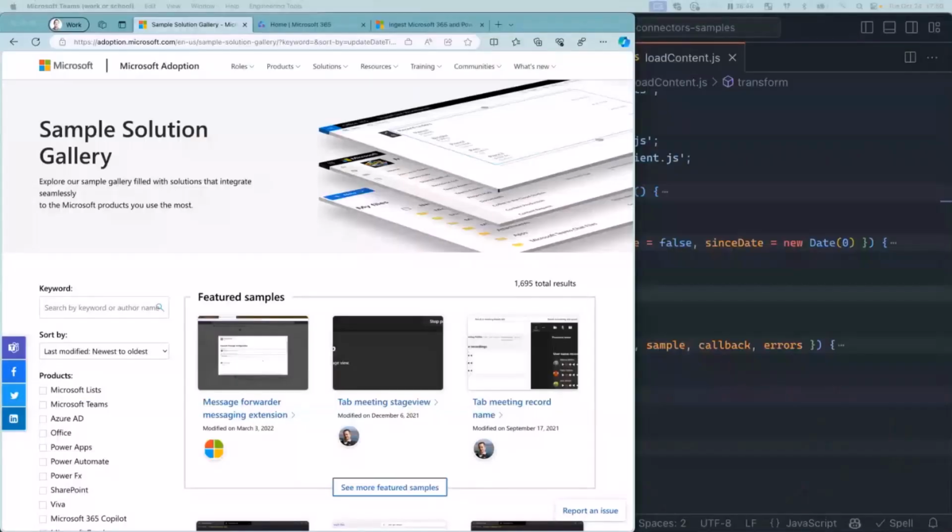Excellent. All right, let me share my screen with you, and please let me know when it's available. 3, 2, 1, coming to a screen near you. All good. Is it on?